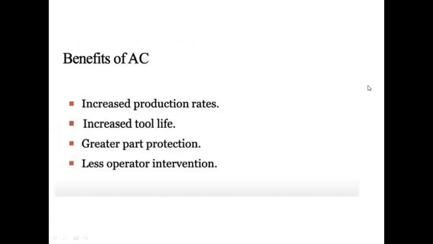Okay. You see, we have already discussed the benefits, right? In the first unit, increased production rate. How are you able to achieve the increased production rate? We know that we are changing the feed rate, right? We are trying to ensure that there is optimal feed rate being set so that we can process it faster. So that increases your production rate, isn't it?